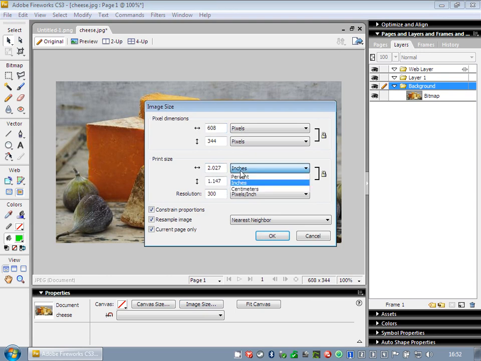So change those to percentages, I want to make it 300% bigger. You'll notice that at that particular resolution, I've literally increased the pixel dimensions of the image quite a lot. But I might want to drop that. I might not want it to be so detailed. I don't know. Probably would, to be honest, because I want to make sure that the picture is as detailed